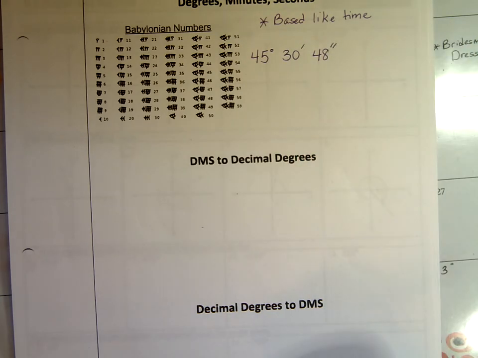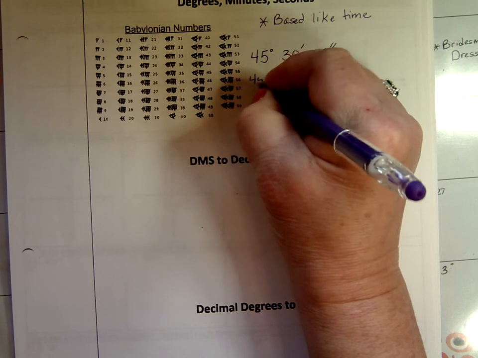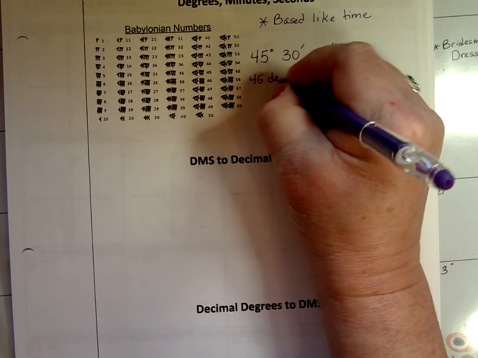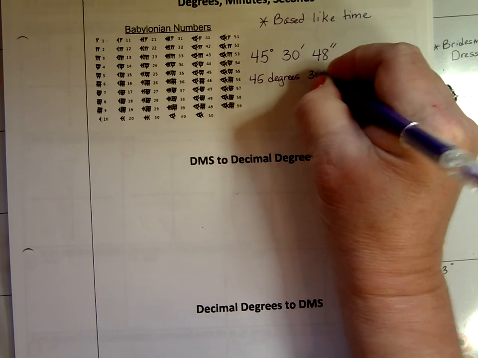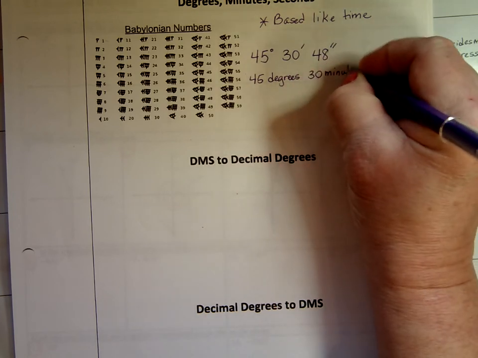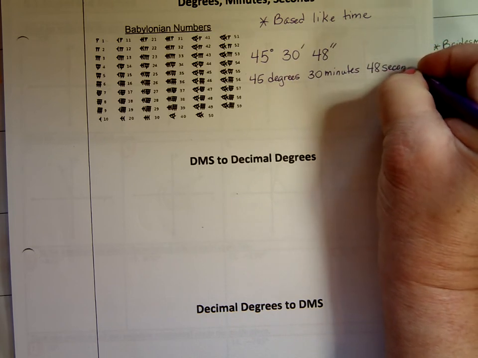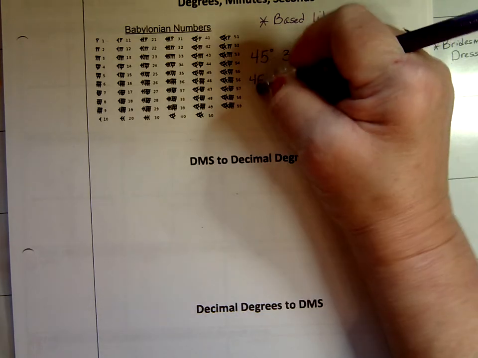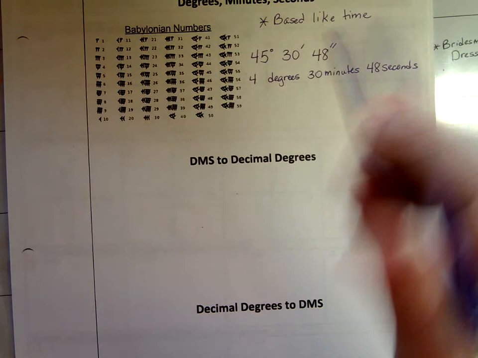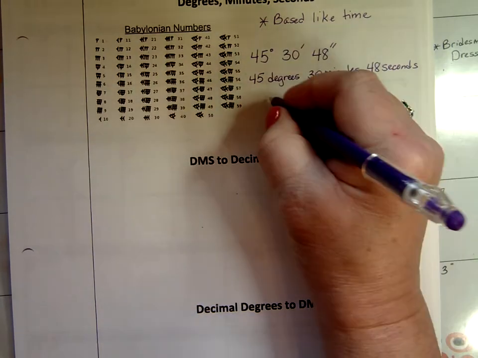So if I were to read this, this means 45 degrees, 30 minutes, and 48 seconds. That's what it means in real English. And so if I'm looking at that 5, doesn't look much like a 5, does it? Let me fix him. There we go. If I'm looking at 1 degree,